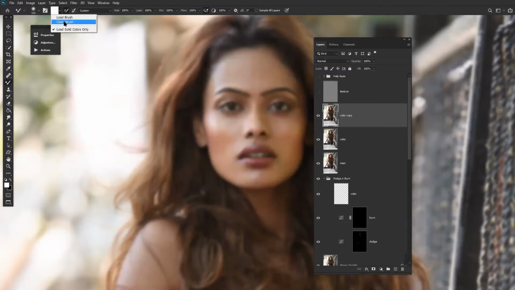So normally when we use a mixer brush, click here, and instead of load, clean the brush. And instead of this, select this and switch off this. You see a little dark black square, and here is a gray square. Let me pull it a little down. Can you see that? And you see the color is gone, it's all a blank layer. Can you see it? Yes, sir.